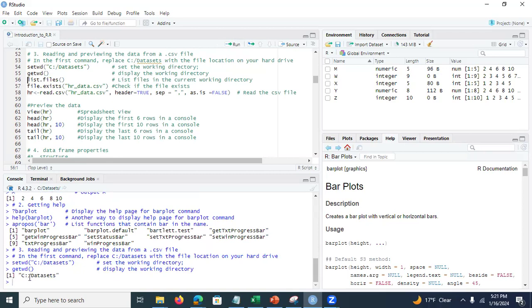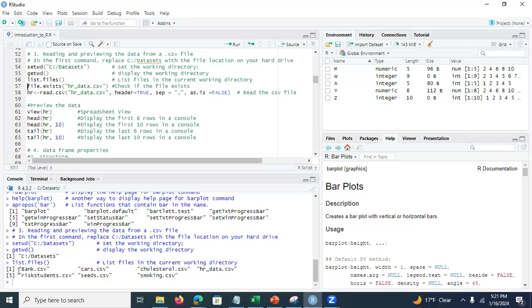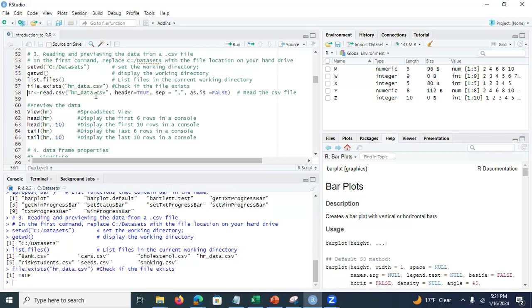It shows that I set the working directory, but remember everything in R is a vector, right? So that's what the one means. Here, notice the title bar shows the working directory you are in right now, right? I can list my files in the working directory. There we go. See this here, this is 5 because this is the 5th element in the output, okay? Now, if I try to read the file and I'm getting an error that it does not exist, I can do this check. There is a command called file.exists, and it's going to check if you have such a file,